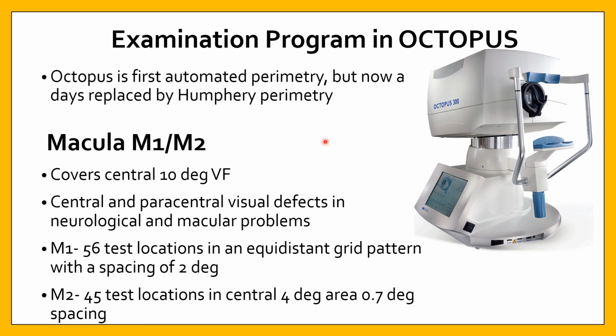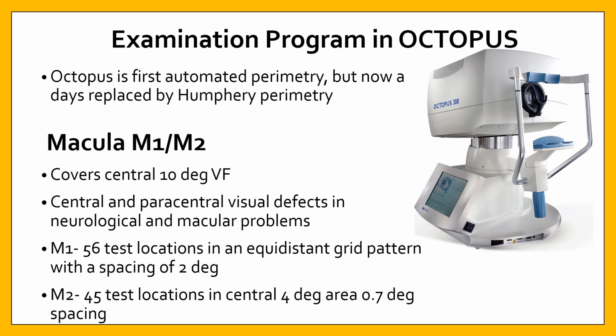Under program M1, there are 56 test locations in an equidistant grid pattern with a spacing of 2 degrees. Under program M2, there are 45 test locations in the central 4-degree area with